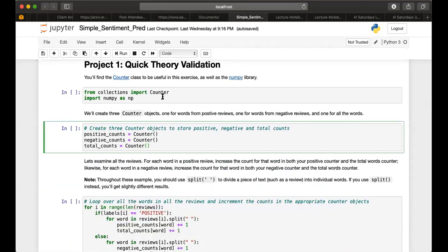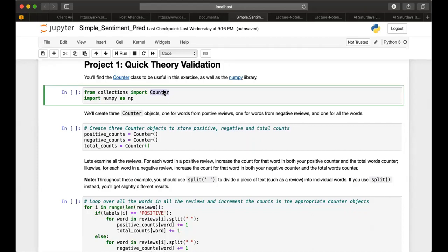Here, some of you might be asking why we used the counter function in this collections library instead of the normal dictionaries. Some of you would have also figured out why. The reason is that there are some inner functions in this counter function that we would want to use, right?